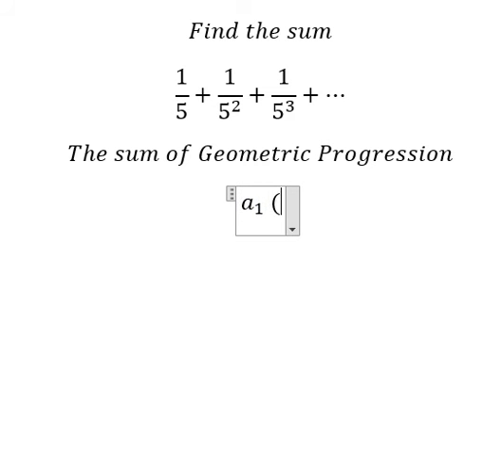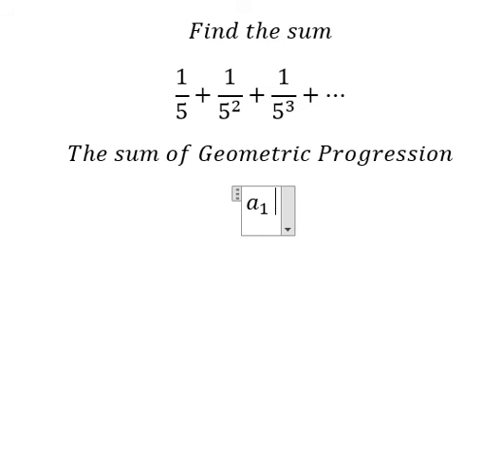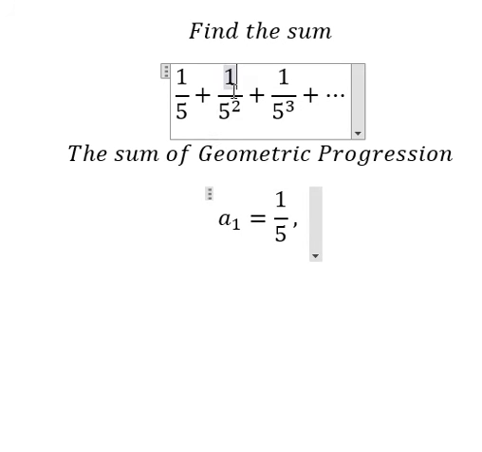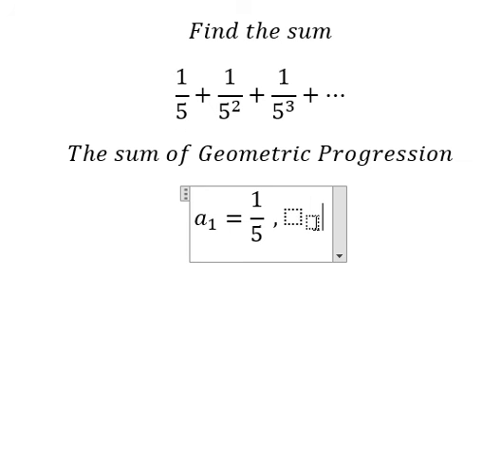Or we can write that's the first term in here. So we have 1 over 5. Now the next one, that's a number 2. a2 equals a1